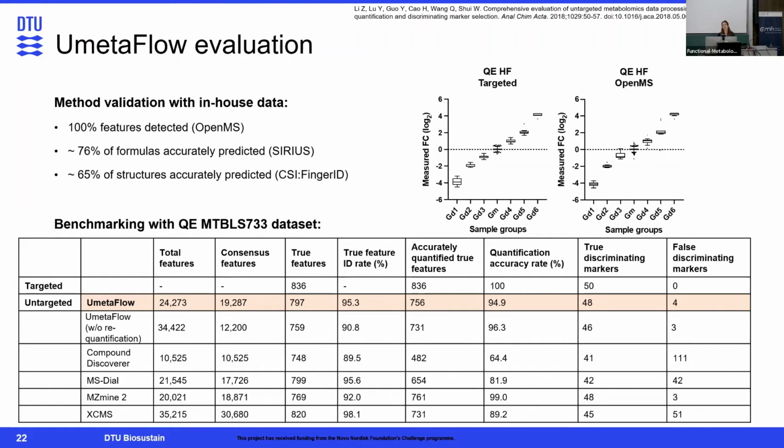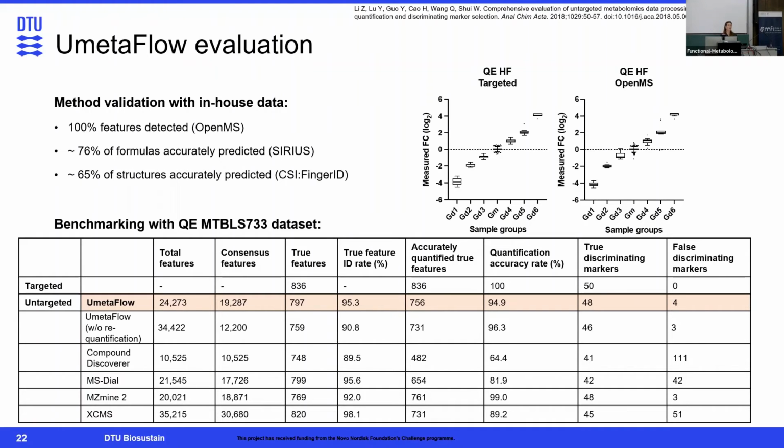So I got 100% of the features detected, about 76% formulas accurately predicted by SIRIUS, and they are modest. So they only say that maximum 70% will be accurately predicted. And then about 65% of the structures accurately predicted by CSI:FingerID.